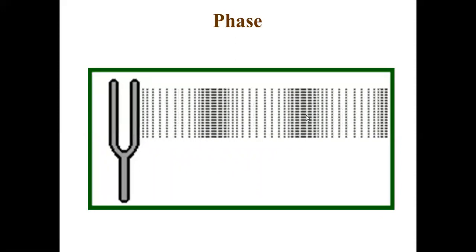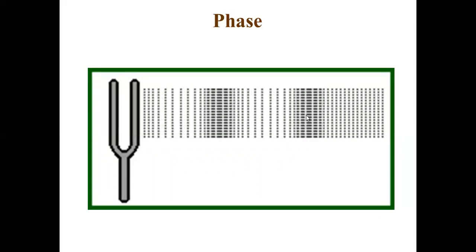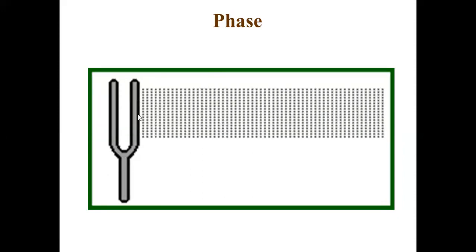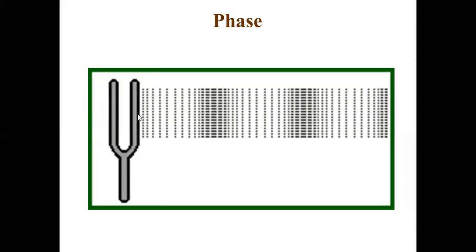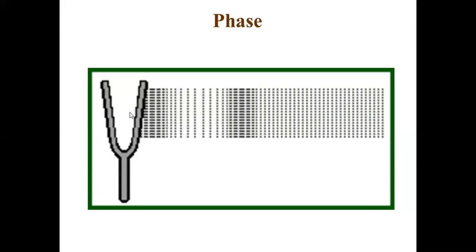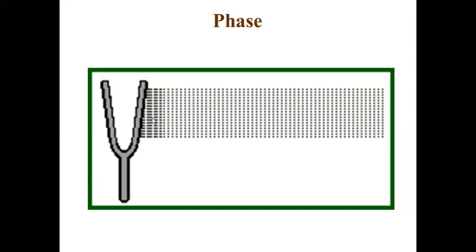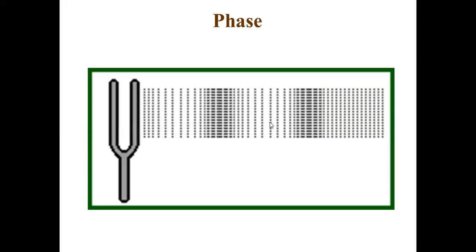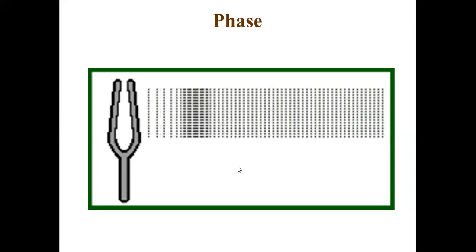Now we will see the phase of a wave. What do you mean by phase? Suppose you look at a tuning fork vibrating like this. As soon as it vibrates, the air molecules here will not be vibrating. You see, they are still here. When this starts vibrating, the nearest air molecules will be disturbed. As they are disturbed, they move forward and backward, and they keep on propagating the disturbance to the other molecules also. That's why we get compression and rarefaction.